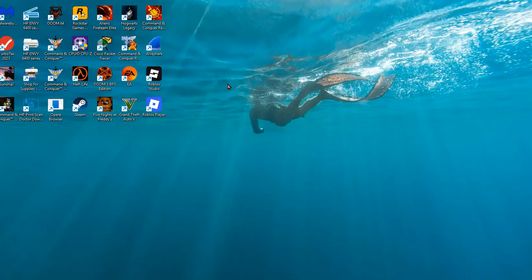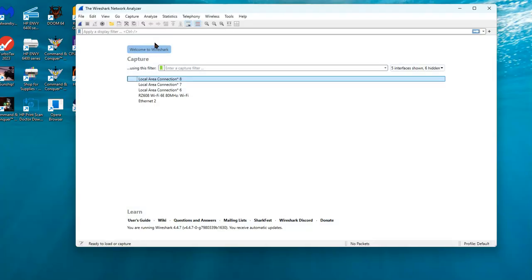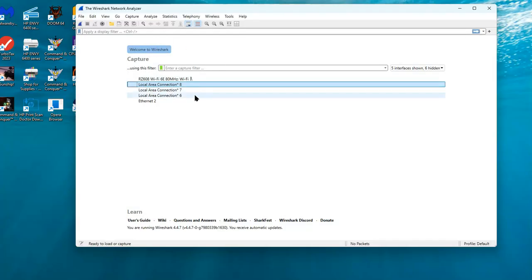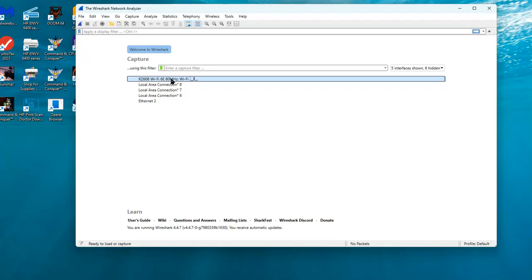Okay, so Wireshark. I'm guessing you've already got Wireshark installed. If you haven't, there's a Wireshark installation video on my channel. But we've already got Wireshark installed on my computer. This is my home computer, by the way. You're going to notice that when you bring up Wireshark, there are several connectors available here. Most of which are probably not in use, but you can see there's one that's active. And this is the Wi-Fi connection for this particular computer, because even though it's a desktop, I use Wi-Fi to